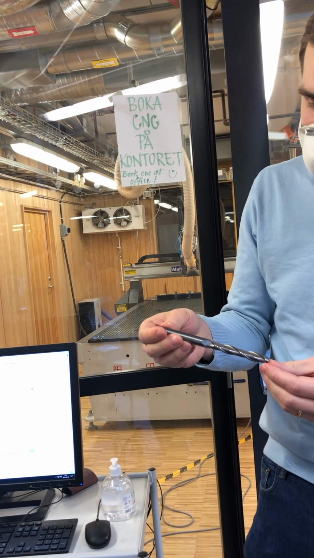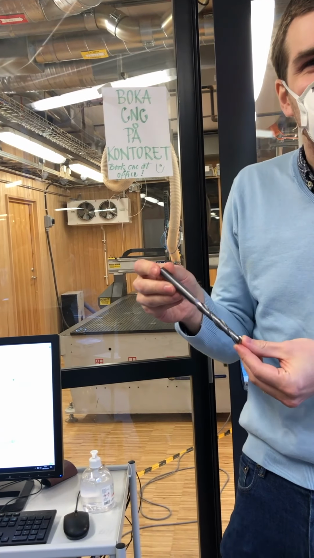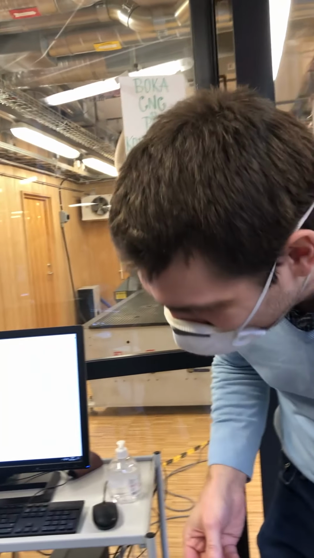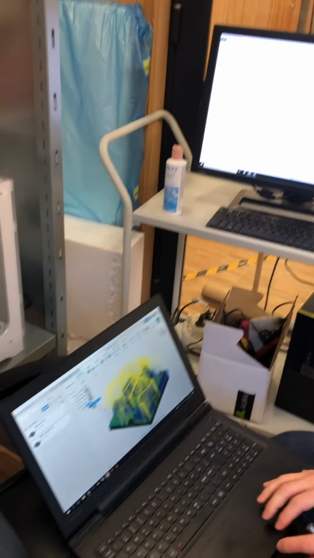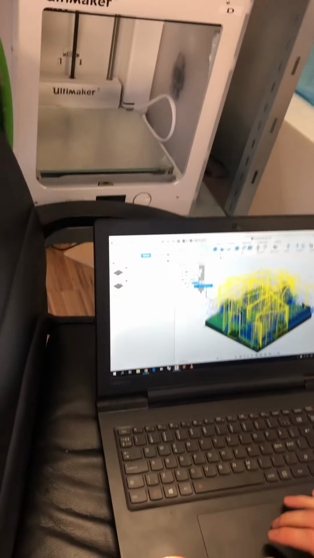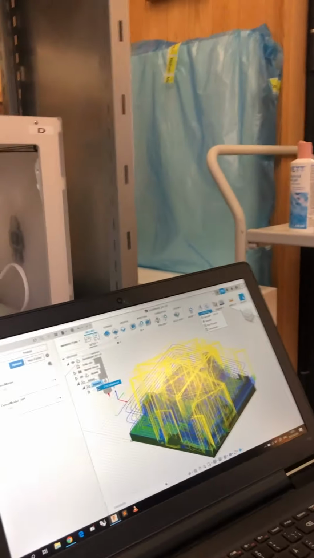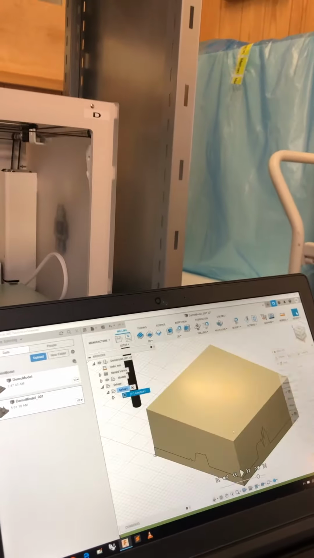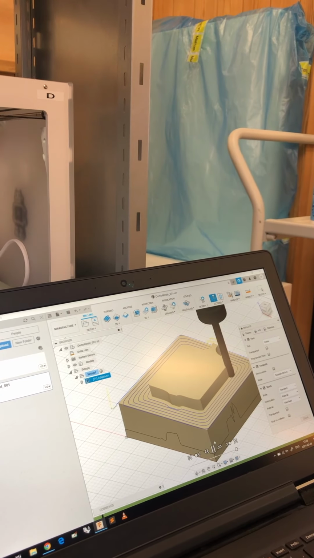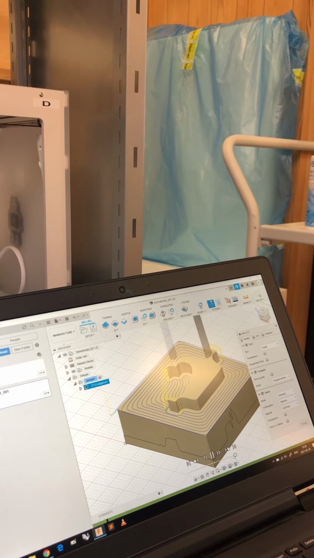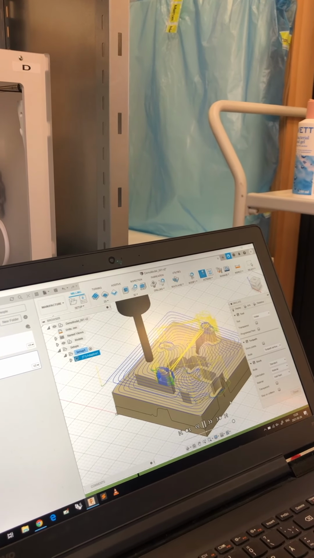But I can't remember the original reason why I brought this out here, but it has generated again, so it's okay. Alright, so with that generated, we can go through actions and simulate, of course. And since we have already simulated this thoroughly, and we have not changed anything else in the feed rates, we can go maximum speed